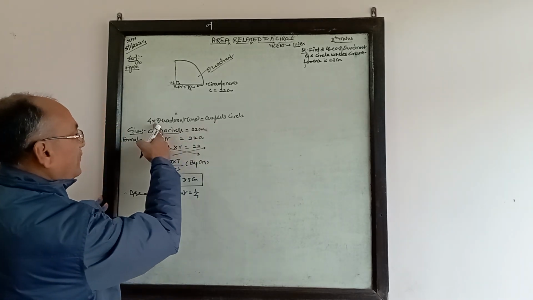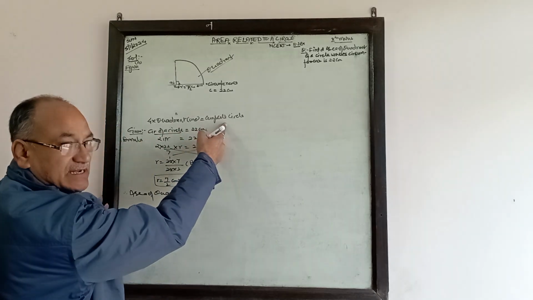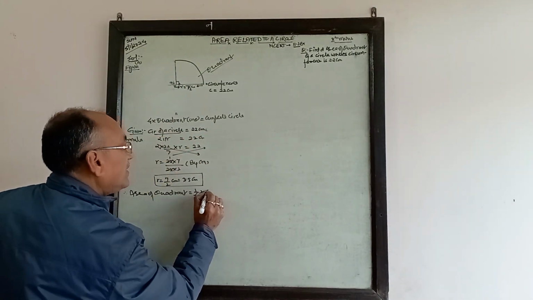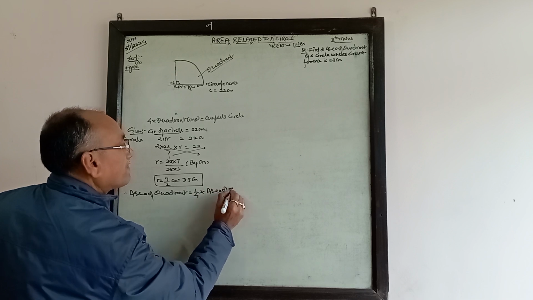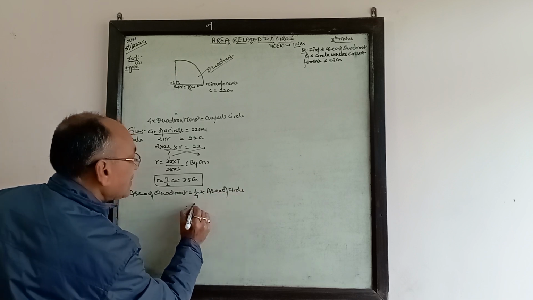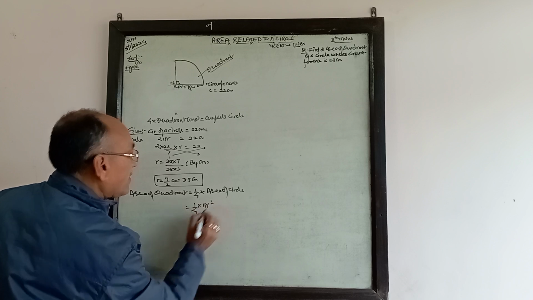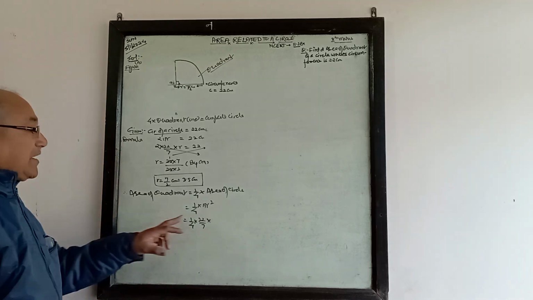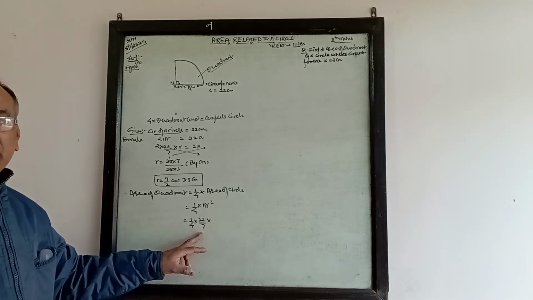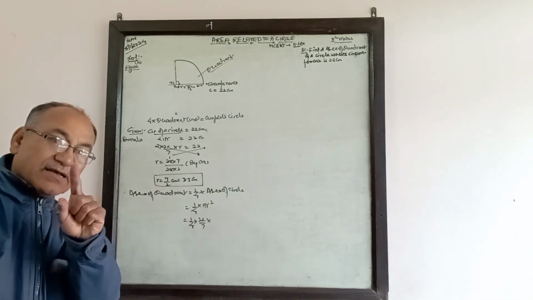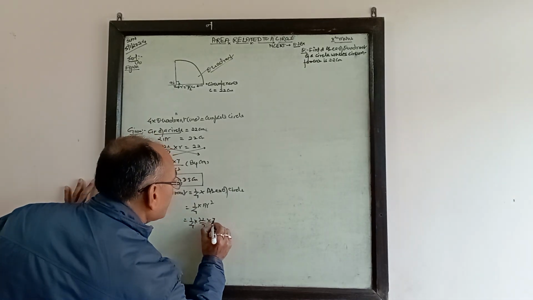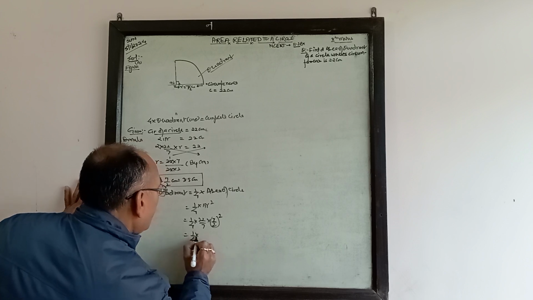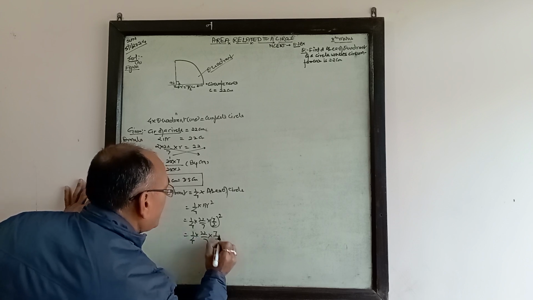Look, 4 quadrants is equal to a complete circle. So it means when you are going to find the area of the quadrant, it is 1 by 4 into the area of the circle, which is pi r square. So now 1 by 4 into 22 by 7 into... Why are you keeping 22 by 7 in place of pi? Because the radius is here 7, exactly, a multiple of 7. So now look at this, 7 by 2 whole square you will write. So 1 by 4 into 22 by 7 into 7 by 2 into 7 by 2.